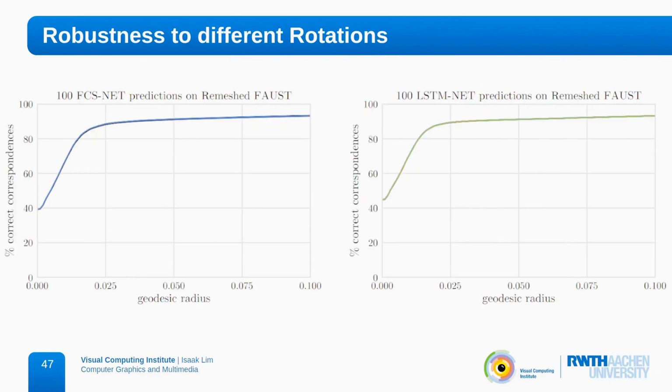As I mentioned before, we have to pick a starting position for our spiral. This means we are not rotation invariant. What we show here on a different data set is the result of our networks if we randomly rotate these spirals. As you can see, we produce fairly robust results. Here we have 100 such random rotations applied, and we produce results that are indistinguishable from each other. This is because during training, we learn to be robust against these rotations by rotating the spiral randomly. So far, we have